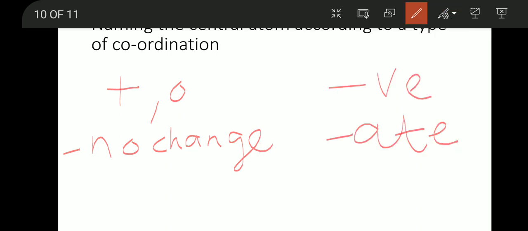If it is negative, you have to add the part ate to it. For an example, I'll write cobalt. Cobalt, when you add the part ate, it will be called as cobaltate. If it is ferrous, it will be called as